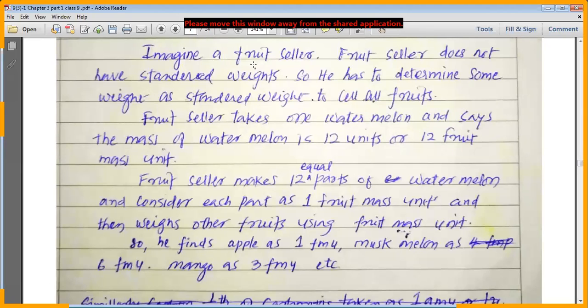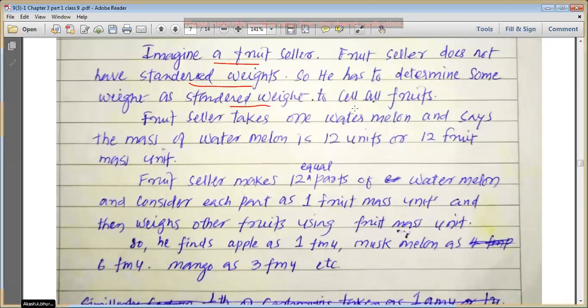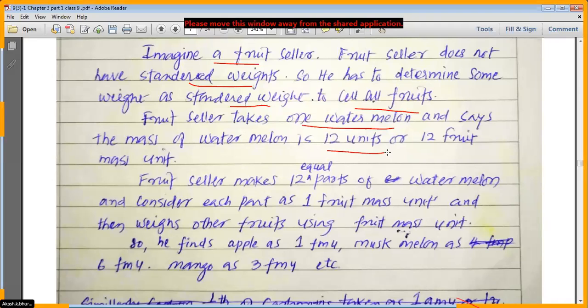Imagine a fruit seller. This fruit seller does not have any standard weights. So that is why the fruit seller decides that he will use his own standard weights for all fruits. To make the standard weights, the fruit seller selects one watermelon and says that the mass of this watermelon is 12 units. These 12 units, he called them a fruit mass unit,